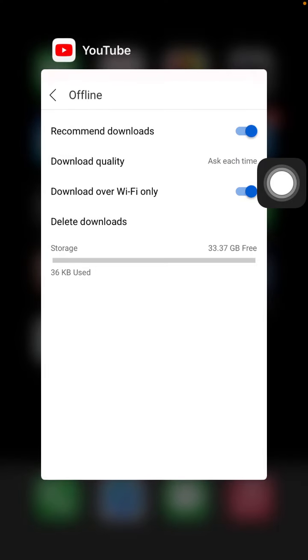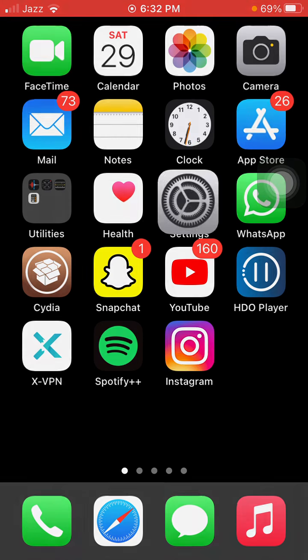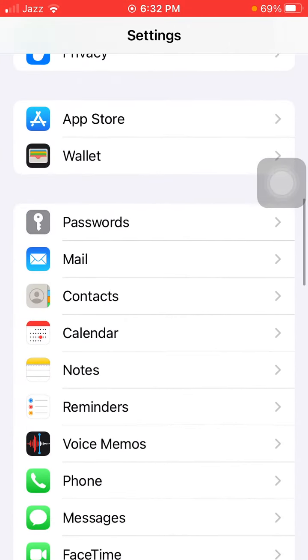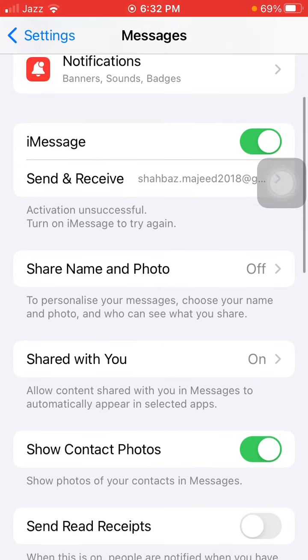Next, delete old text messages after a limited time. First we have to go to Settings, scroll, find and tap on Messages, and here we have to find and tap on